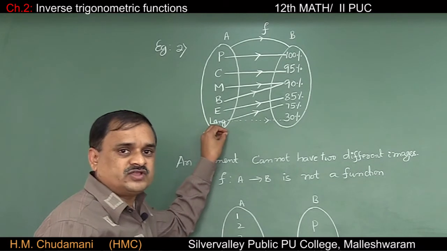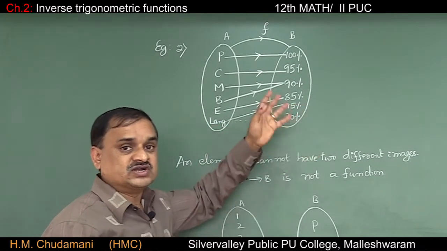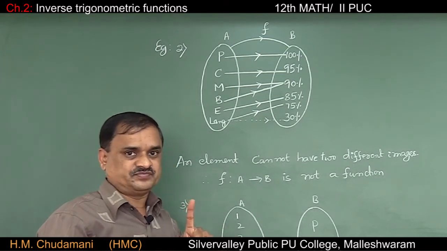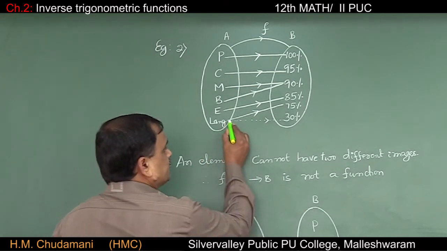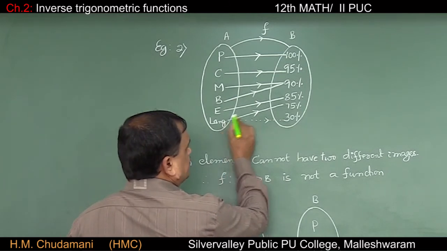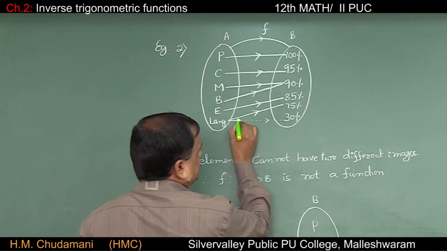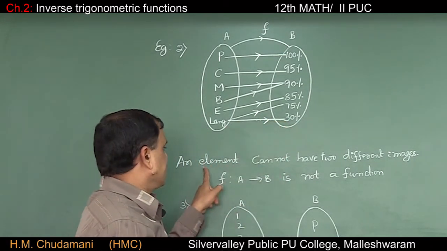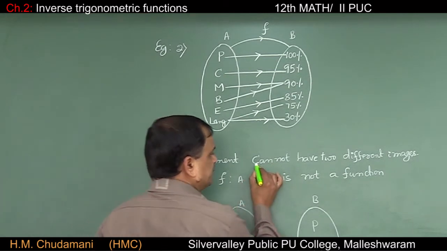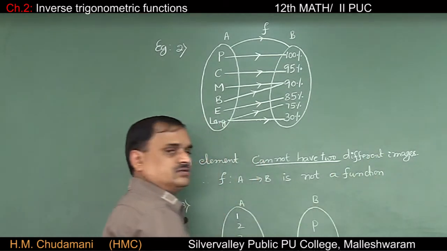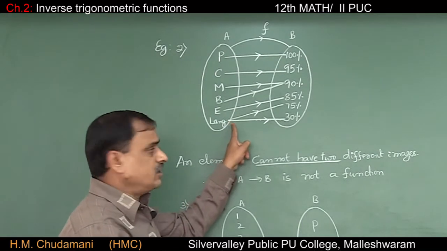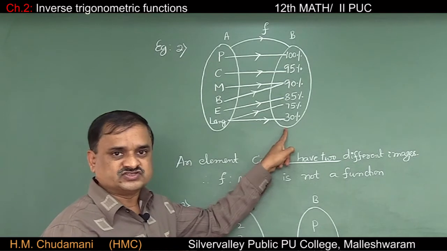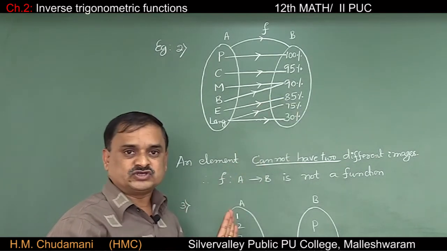Now in language he has taken 75 marks, and 30 marks, we cannot say that. It's nonsense in an examination. Correct, no? So if I take it like this, language connected, language 75 marks and even 35 marks. See, different. An element cannot have two different images, isn't it? In language he gets 75 and even 30 also. It is nonsense. In such case it is not a function.